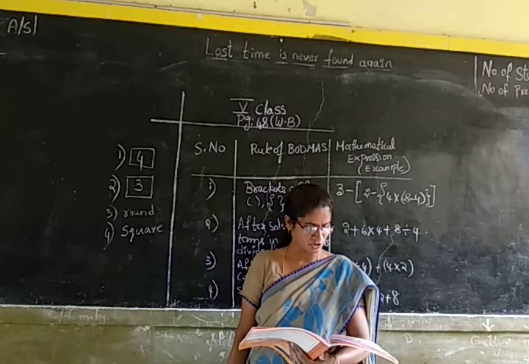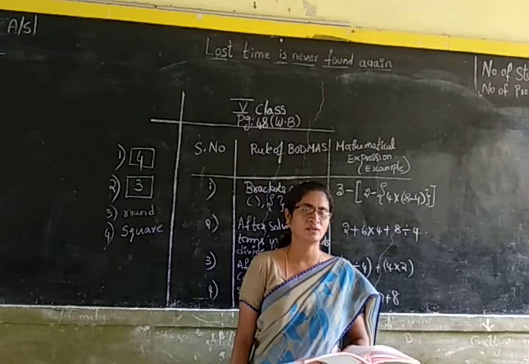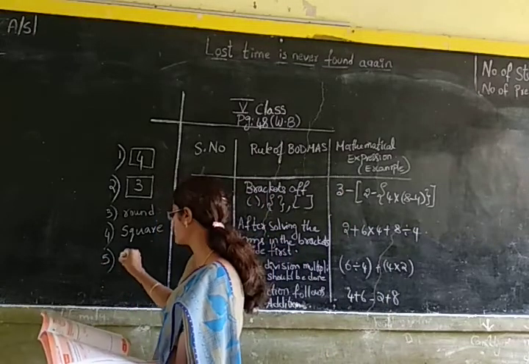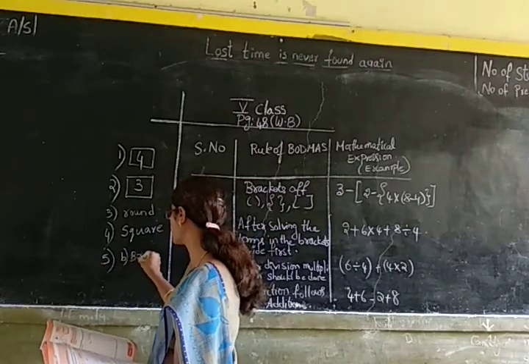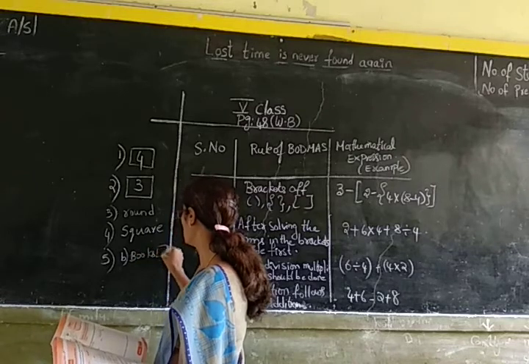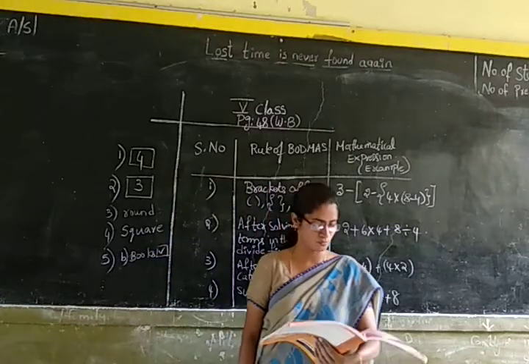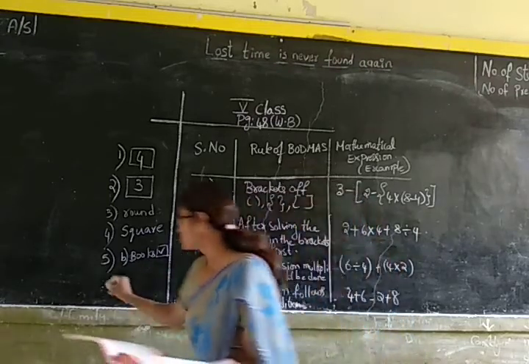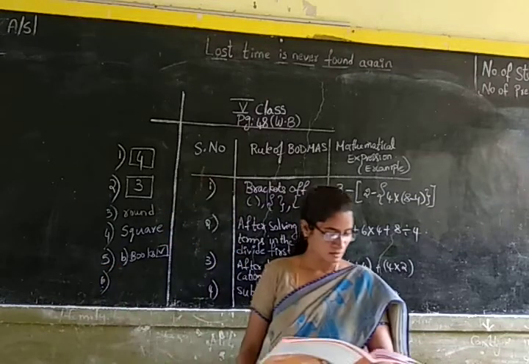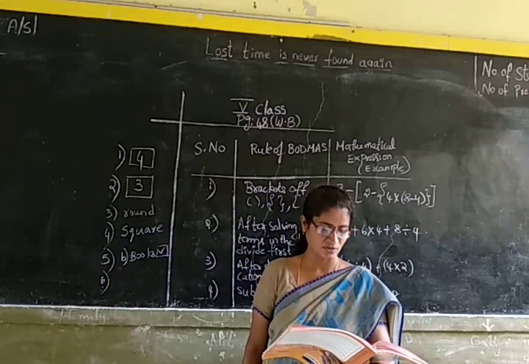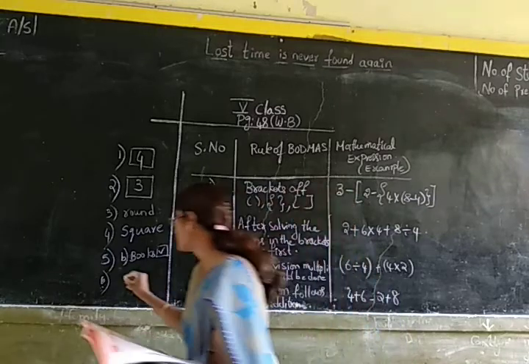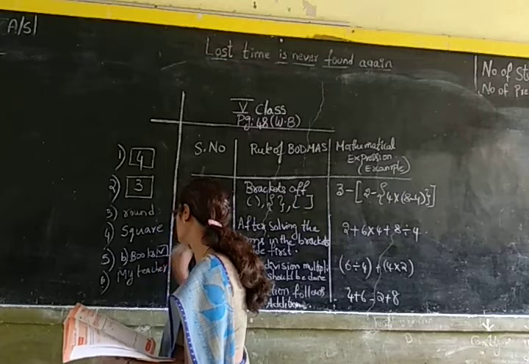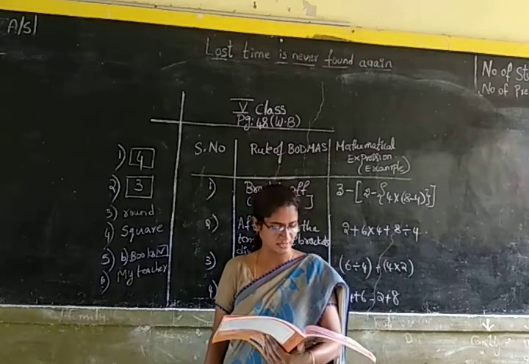Next, fifth question. From where did you collect this information? From books. So all of you tick the option books. That is B. Next, sixth question. I would like to thank dash for helping me with this application. You write down my teacher. Okay, children. Sixth question answer is my teacher.